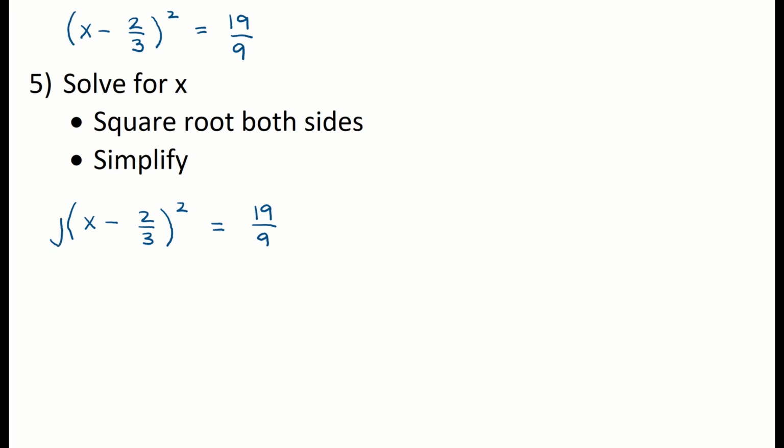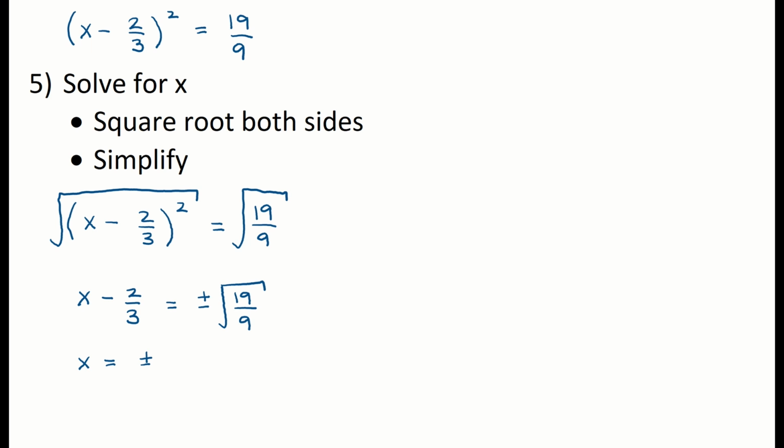We're going to start by square rooting both sides. And remember, on our left side, that's just going to cancel out the squared. So it's just x minus 2/3. And on the right side, it turns to positive and negative square root of 19 over 9. Then we can go ahead and add 2/3 to both sides to get our x alone. So we get x is equal to positive or negative square root of 19 over 9